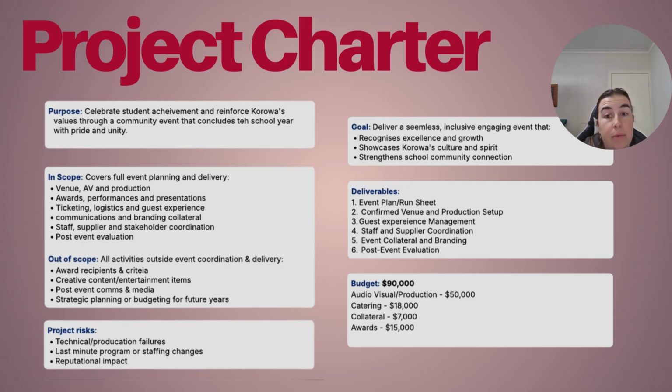You'll see that the deliverables outline tangible outputs that we'll need to produce as well, from the event plan and production setup all the way through to collateral, supplier coordination, and evaluation. These tasks are what's going to keep us on track and let us know exactly what done looks like, essentially. Our favorite word, our budget, is there. It's broken down into the biggest chunks. This will keep us really grounded and help us to make decisions as we move through the production, catering, and branding process.